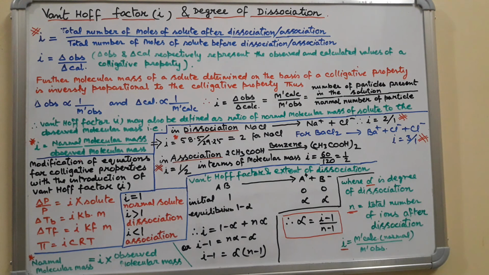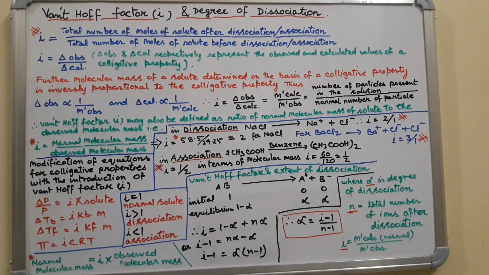This C is molarity. Now we can use these formulas for the normal solute also. Actually this modification is specifically for dissociation and association, but these equations can be used for normal solutes also. What are the normal solutes? Normal solutes are those which do not undergo dissociation or association. So what will happen in that case? If we are using this modification for a normal solute, i is going to be 1. So I hope you understand. This particular equation we can use for all the different types of electrolytes and non-electrolytes also.